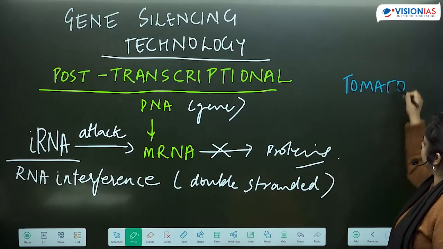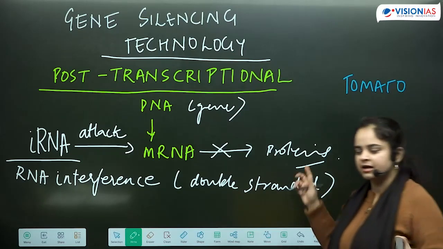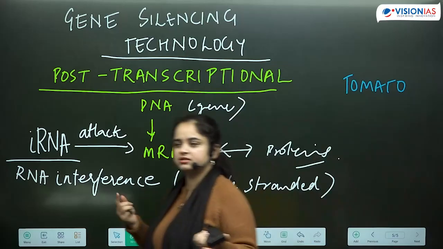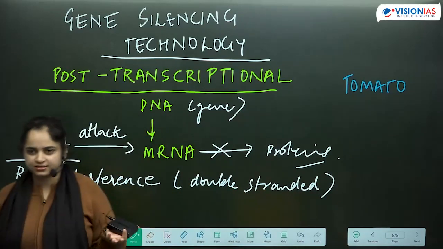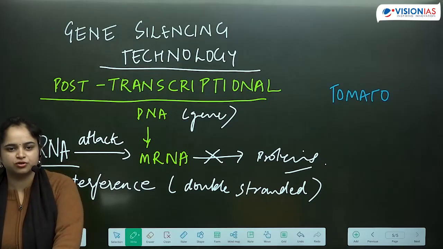Now see, with tomato, the problem is that tomato has a very short shelf life. So farm से market तक आते आते बहुत सारे टमाटर वैसे ही खराब हो जाते हैं, ठीक है? So their ripening process is a little faster than what we would like to make sure that they can stay